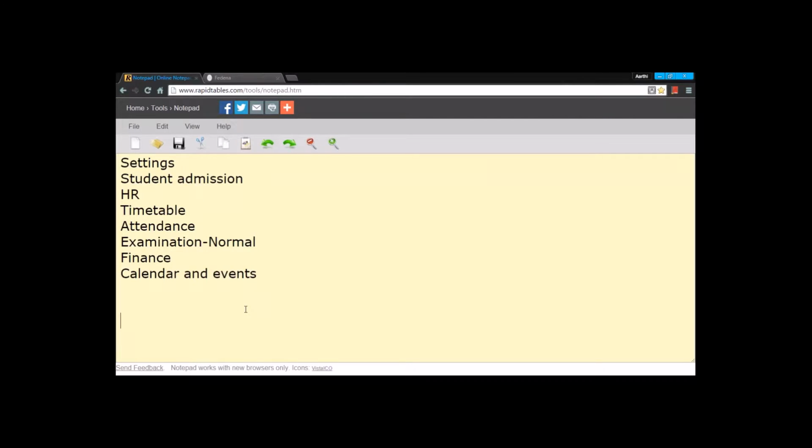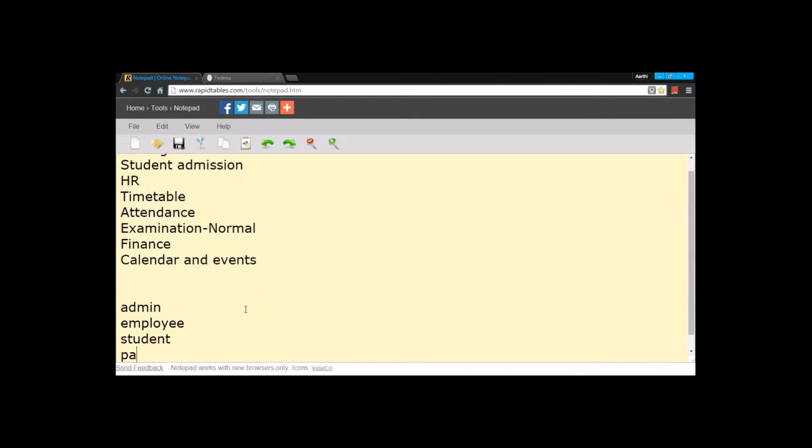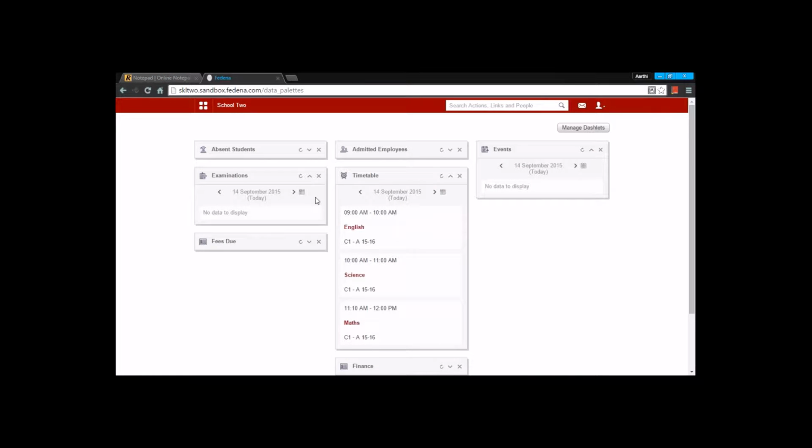We need to know that there are 4 different types of Fedena users who can use Fedena using a username and password. Admin, employees, students, and parents. So these are the 4 different users who can log in into Fedena using a username and password. Each one will be having a unique username and password so they can have their own credentials and they can use Fedena. Right now I've logged in as an admin and what you're able to see on my screen is